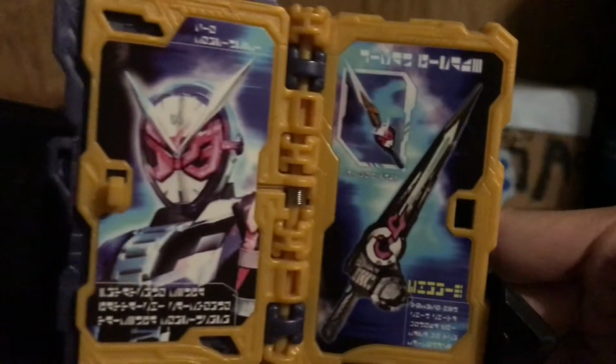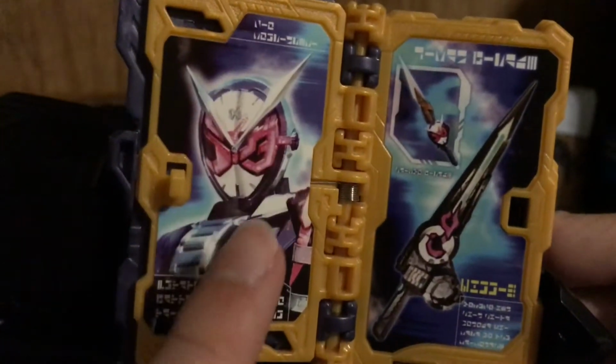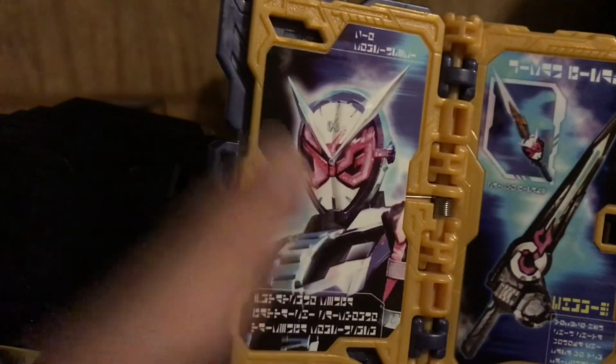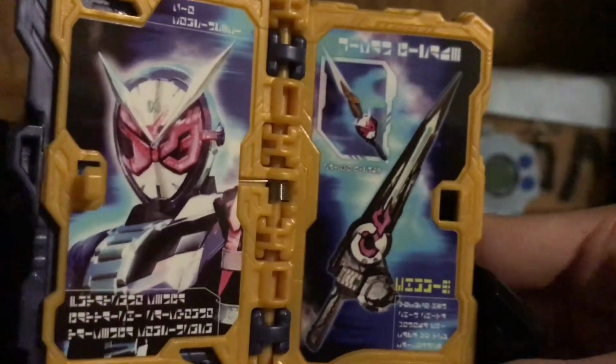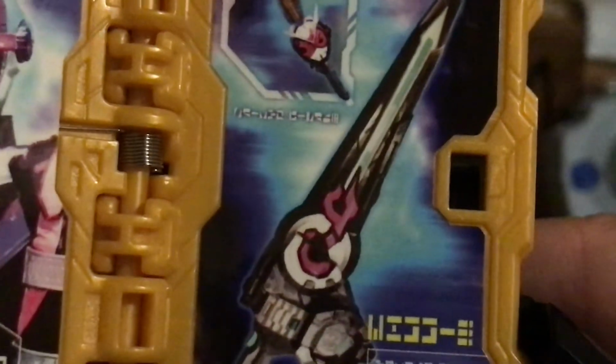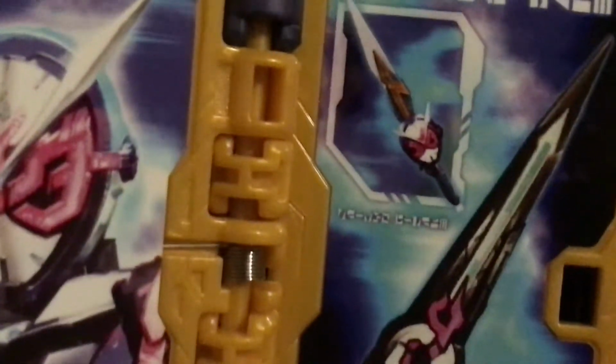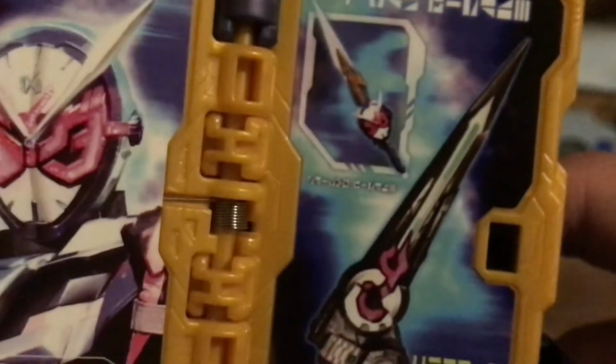So yeah, moving on to the history page, as you can see, we got Geo doing his pose again. Really nice picture here. I really do love the overall picture of it with the compound eyes there. And as you can see, we also do have Geo's sword, the Jikangired, and the item that he uses with the Jikangired, which is the Geo Saikyo Gired, which is a little bit weird because